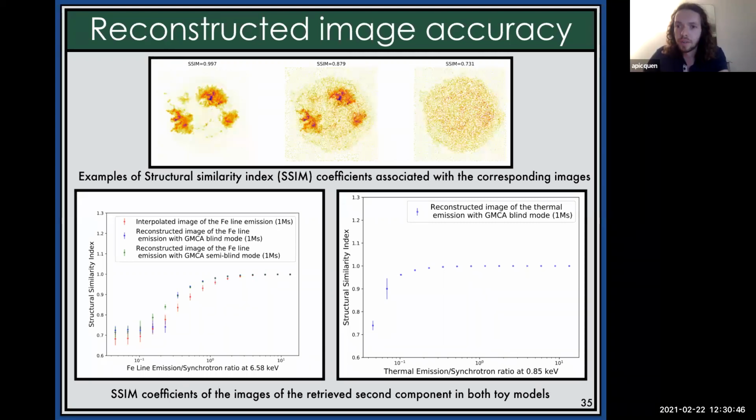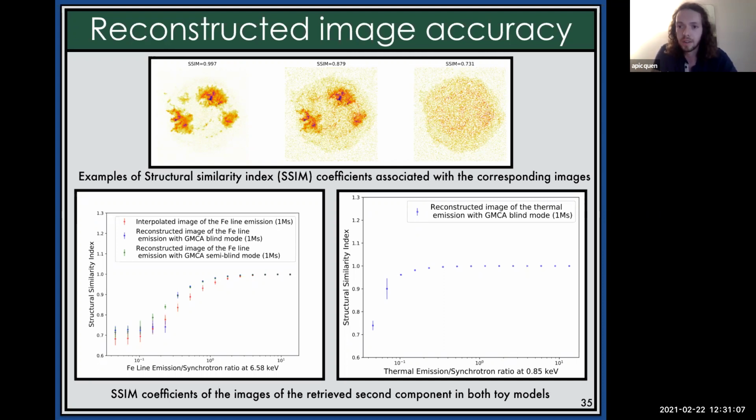What do you mean by residual? Maybe I'm misunderstanding what this figure shows. What are the top 3 figures? What are they about? Actually, the SSIM is just a number between 0 and 1 that will quantify the similarity